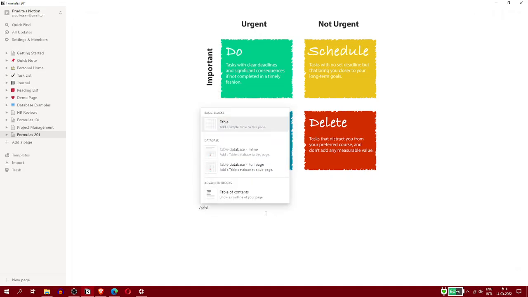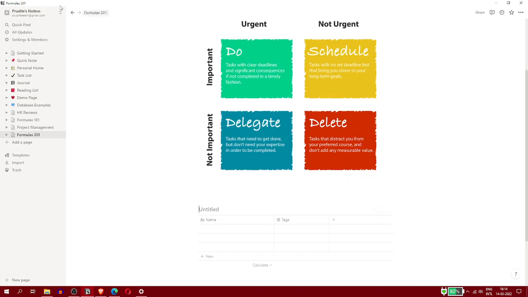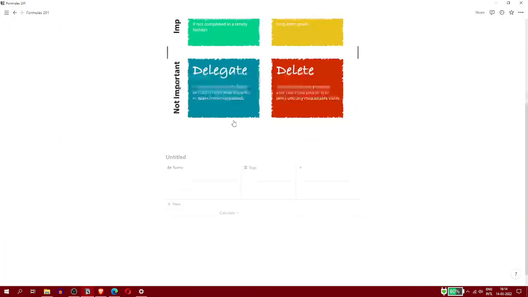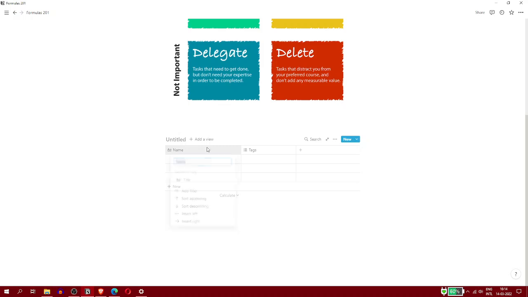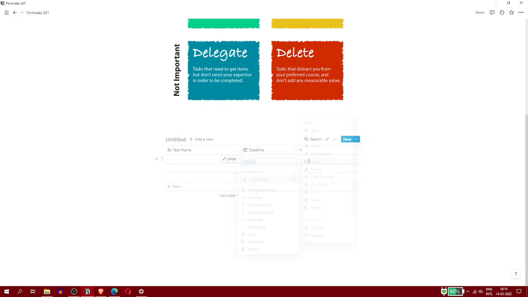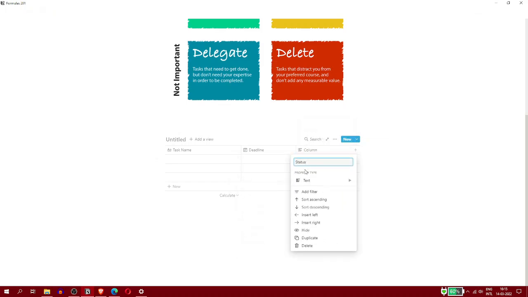For that, I'm going to create a table database. Let me just close the sidebar. Here it will be the task name. Here it will be the deadline. And here it will be the status.